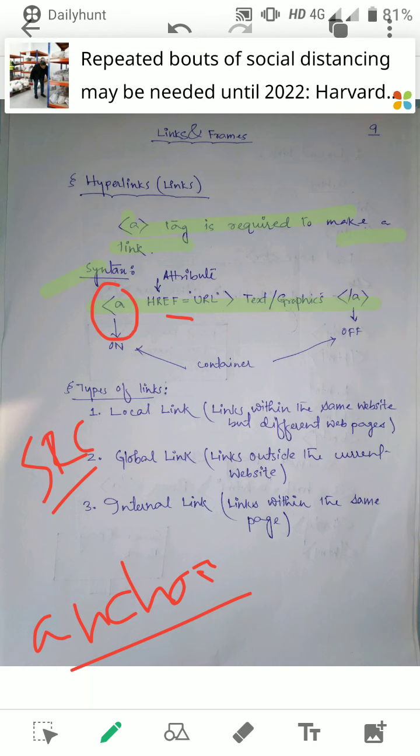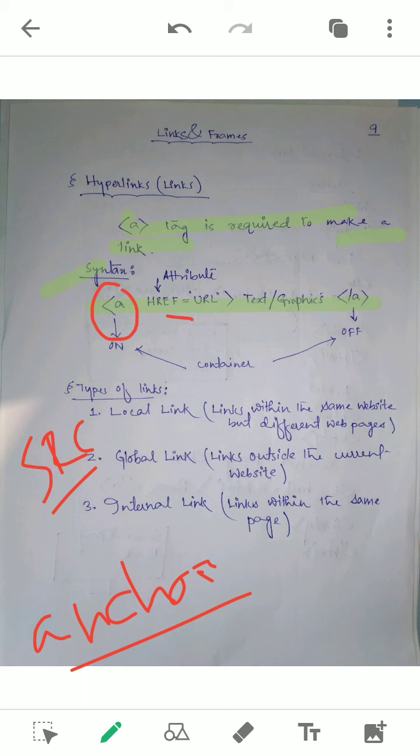Here both attributes contain a url, but the difference is that src contains the url of the documents which are to be included in your HTML, that means which are to be displayed. But href contains the url of the document which will open after clicking the link, where the text will be. When you click, whatever document you have assigned in this url will open. Is it clear? So these are the two differences.